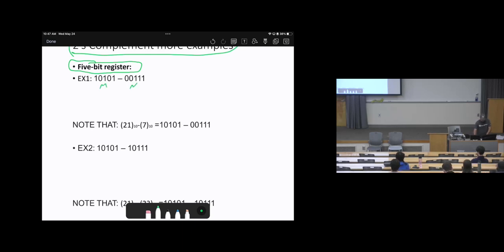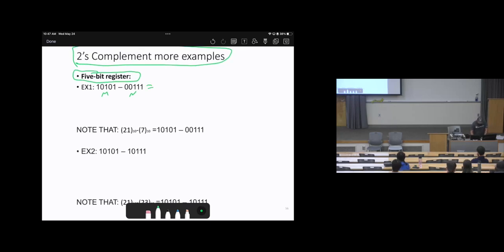How to deal with this? Using the 2's complements. So basically it will be 10101 plus, find the 1's complement, then add 1. So it will be 11000 plus 1. I guess now you are familiar with why I did this. Then it will be like